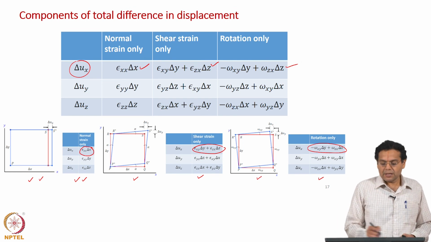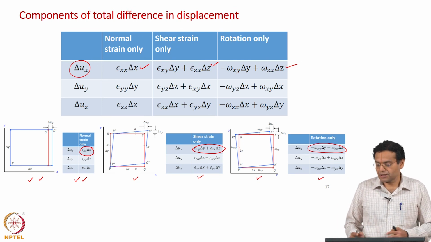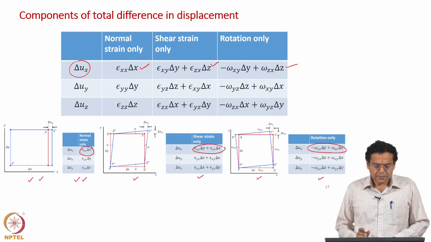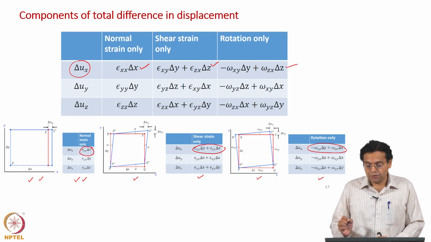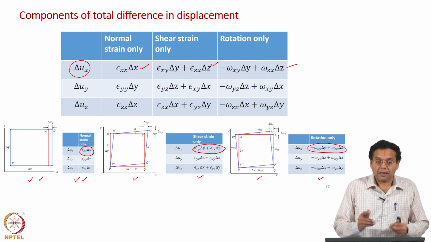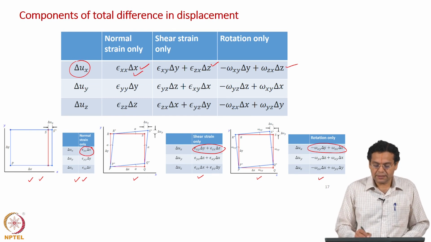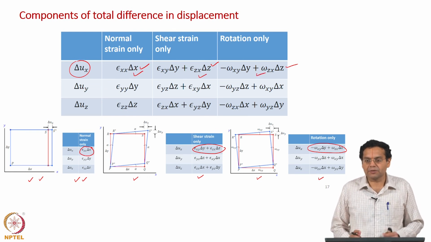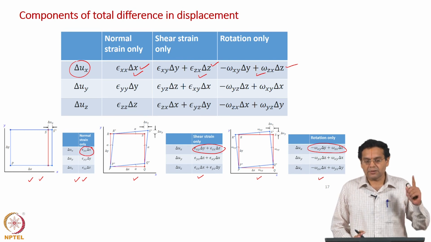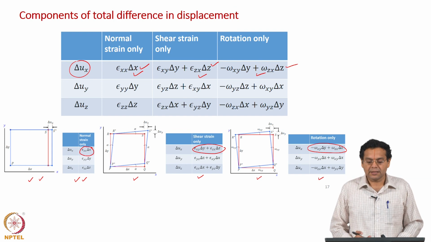So, this full table is just a combination of the 3 separate tables what I have shown earlier. Okay. And what is the other way of looking at it? If you focus on a particular row, what can be physically told? The total difference in x displacement has contributions from normal strain, shear strain and rotation, that is what we said. Okay. The displacement has an additional contribution, translation, we have taken care of that. Difference in displacement does not have that component, translation, it has rotation, normal strain and shear strain. Okay.